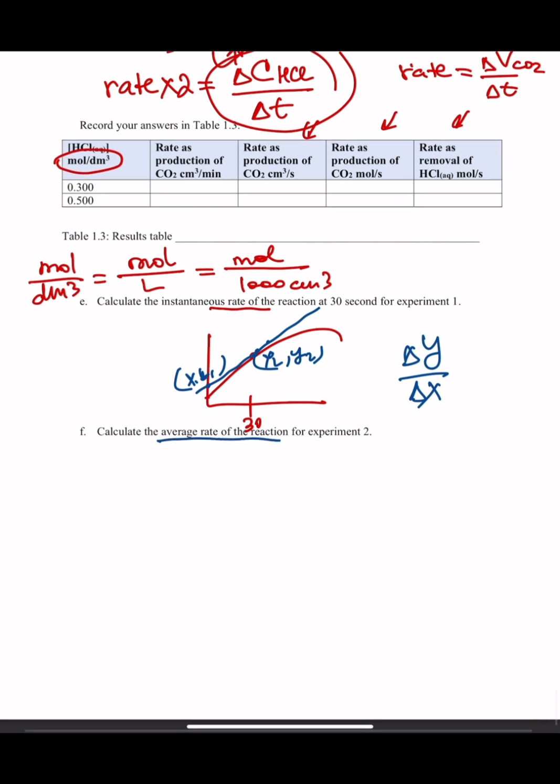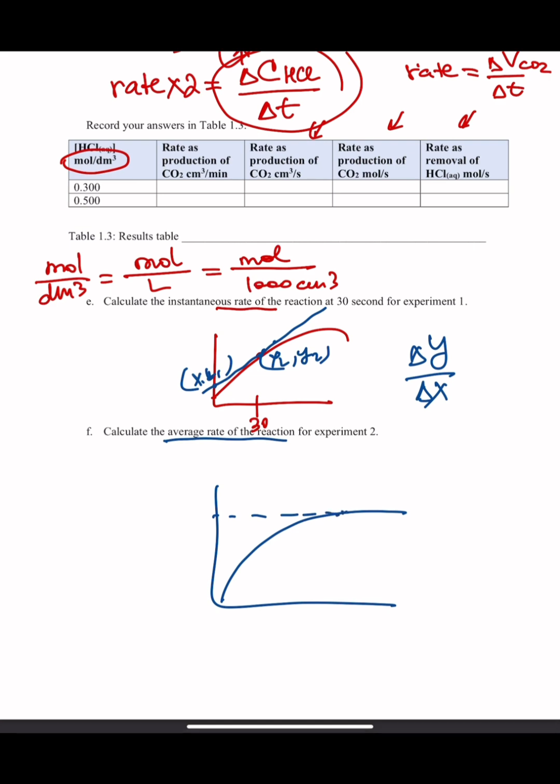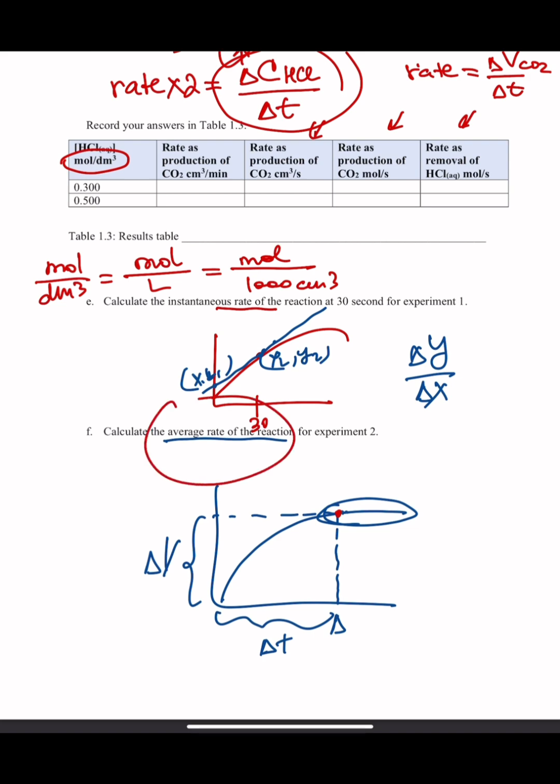And then calculate the average rate. This is super easy. Again, we have done it. So whatever you have the difference, so as soon as it stops here, this is your delta t, the time in here, and this is your delta V. So wherever it kind of stopped, you see like this part, just before that you're gonna put your point for V, and over delta t you will get that, and that's gonna be your average rate.